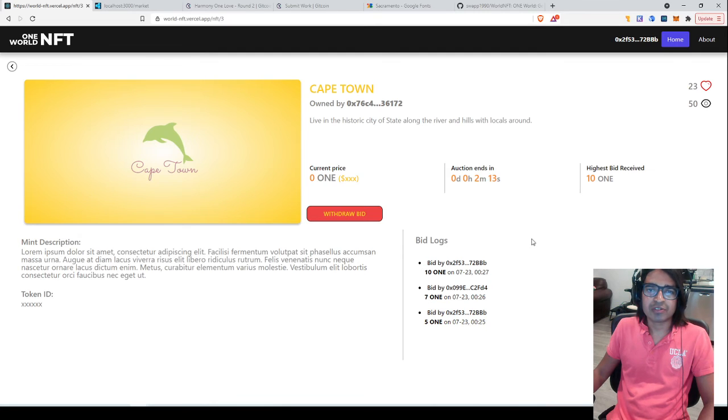So now 10 ONE tokens have been added to the contract. As soon as this auction ends, the original account, this one, would get 10 ONE tokens, and this account would be the new owner of Cape Town.